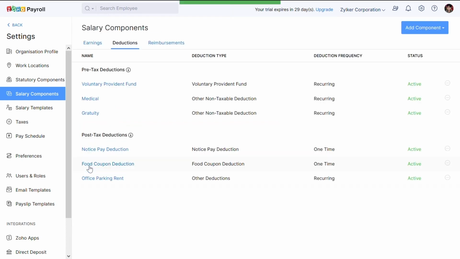Let's save this configuration. Perquisites will be directly set up in the salary details page. So let's now see how this salary structure is set up in Zoho Payroll.